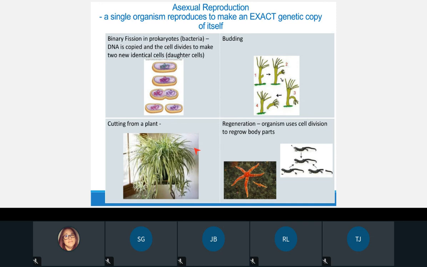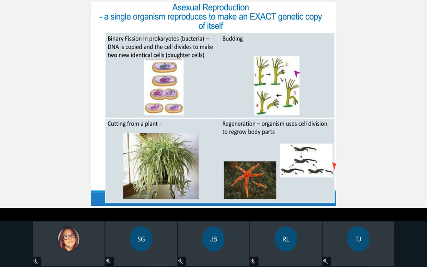There's one cell. The DNA is copied and it is exactly the same. It produces an identical twin. All right, we talked about the starfish. This is a hydra. It's the same thing as a starfish, where it can actually lose a piece of a limb. That little piece is called a bud. It's called budding. And when it buds off that piece, it'll produce a genetic copy, an exact copy of it.